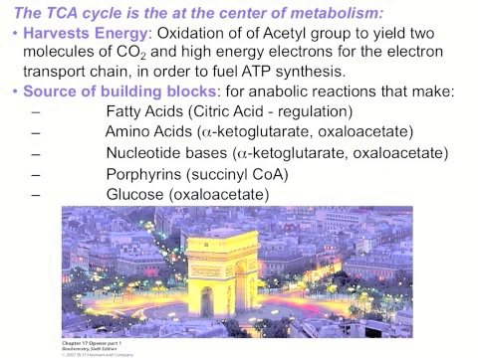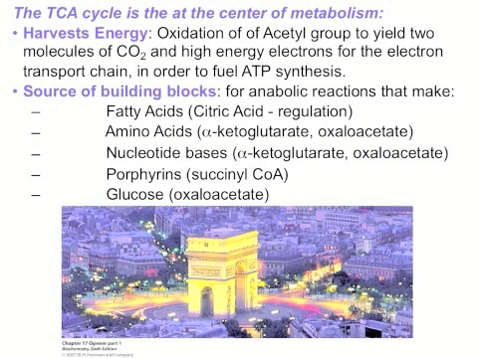It is one of the most important pathways that you're going to study this semester. This cycle harvests energy through the oxidation of acetyl groups to yield 2 molecules of carbon dioxide and high energy electrons for the electron transport chain in order to fuel the production of ATP. It also serves as a source of building blocks for anabolic reactions that make fatty acids, amino acids, nucleotide bases, porphyrins, and glucose. Fatty acids can be made from the metabolite citric acid, and citric acid is also important for